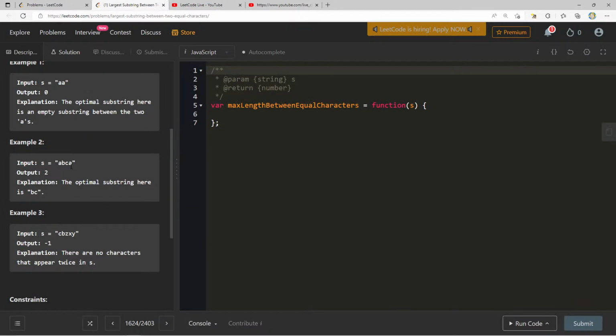So I feel like for this one, we definitely have to find two unique characters. We have to find all the different places where there are two unique characters and then get the longest one. Because we can have something like